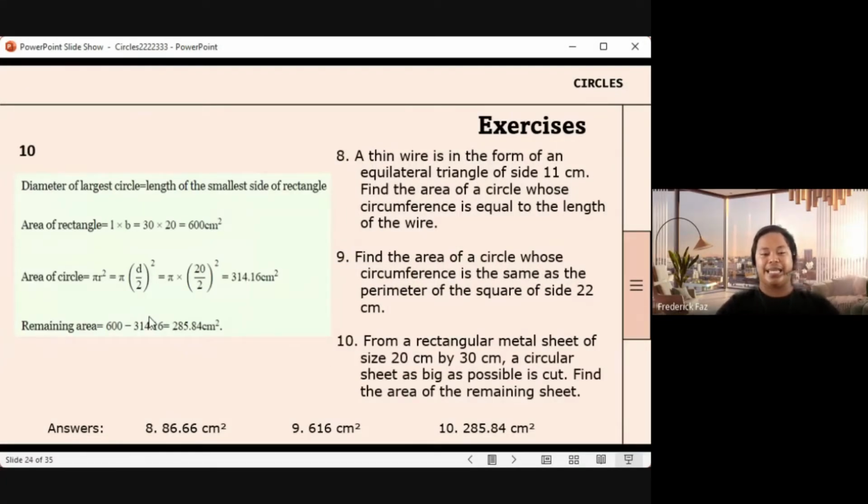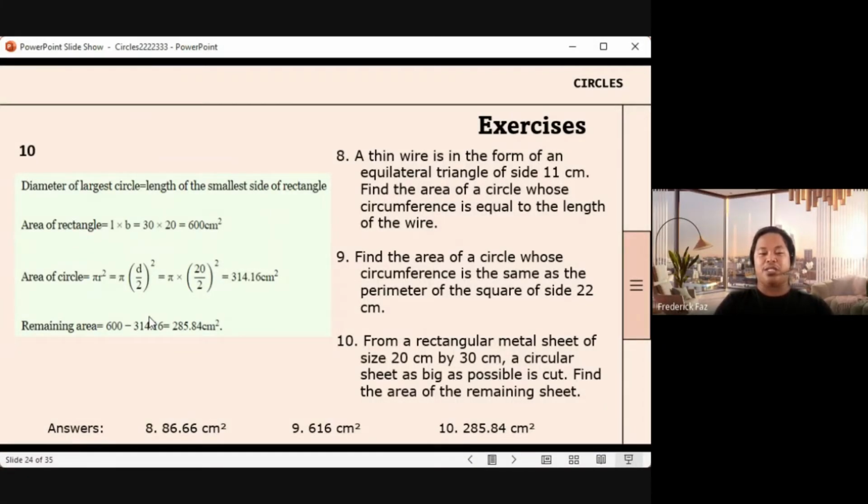For the last exercise po, from a rectangular metal sheet of size 20 centimeters by 30 centimeters, a circular sheet as big as possible is cut. Find the area of the remaining sheet. So if we're going to illustrate po the given rectangular metal sheet,